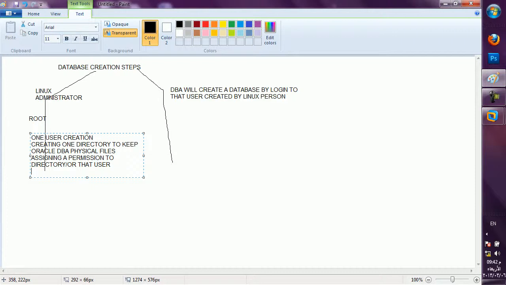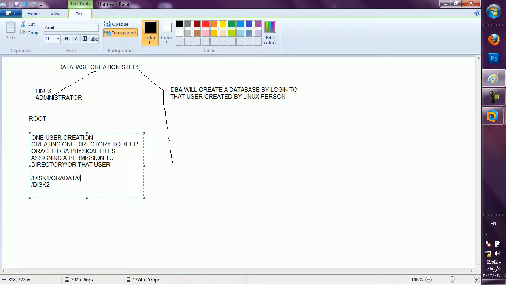Okay, because if I create a directory on a particular partition in Windows, there are C drive, D drive, E drive, like these partitions, but in Linux you will find disk 1, disk 2, disk 3. These are the partitions of Linux, and you can create them at the time of installation. On this partition, decide in which folder you want to keep your files. Suppose I am deciding Oracle data. This is my main folder.